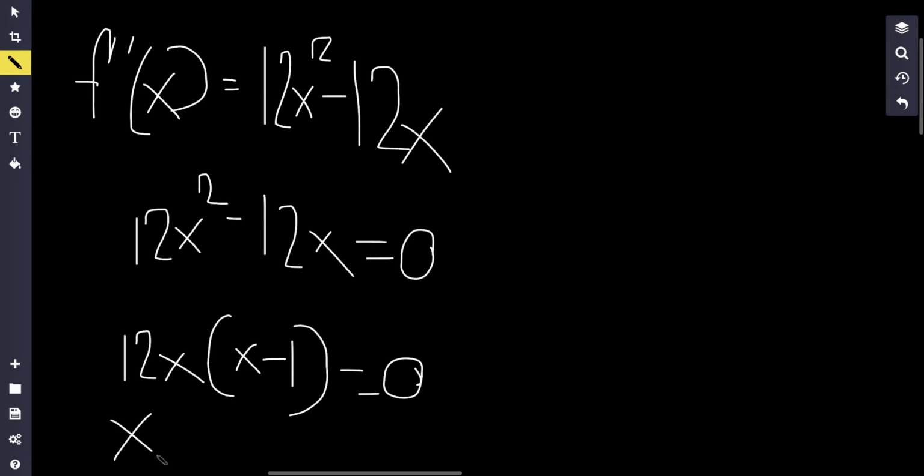So at x is equal to 0, either x is equal to 0 or x is equal to 1, and these are our potential inflection points. Now to actually check if they are inflection points or if they're just fake, I'm going to do the